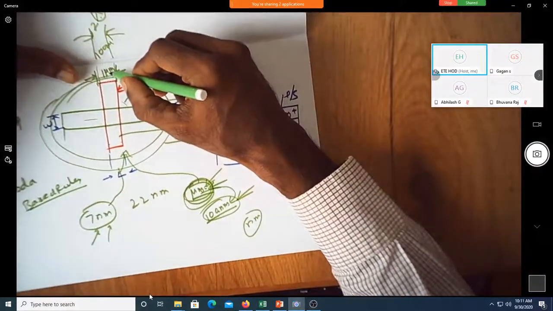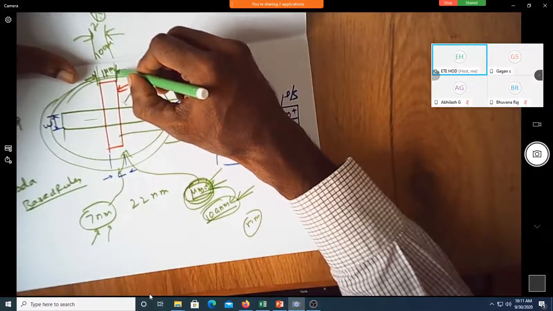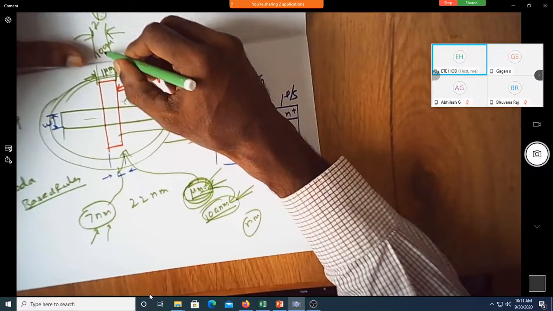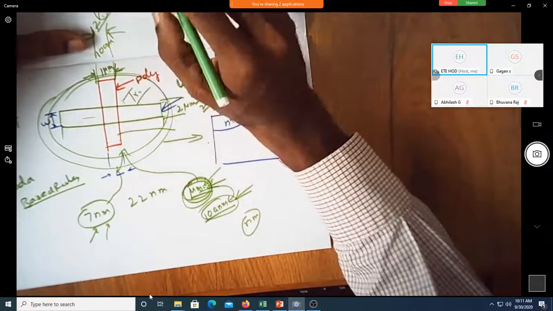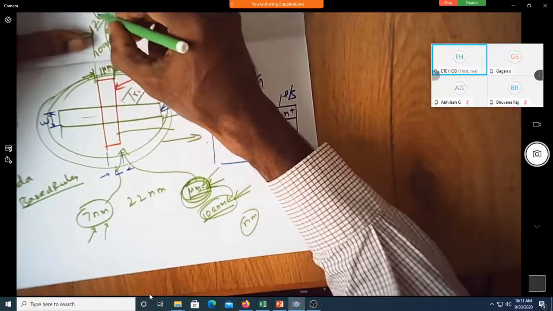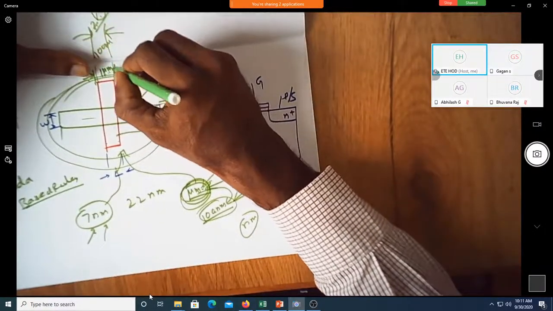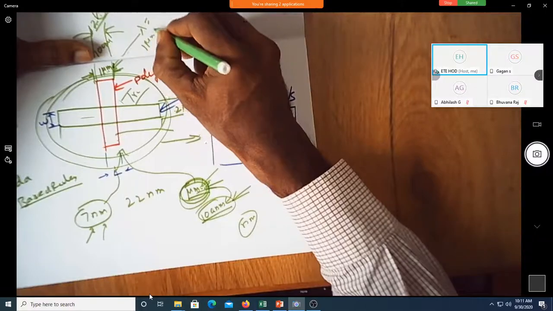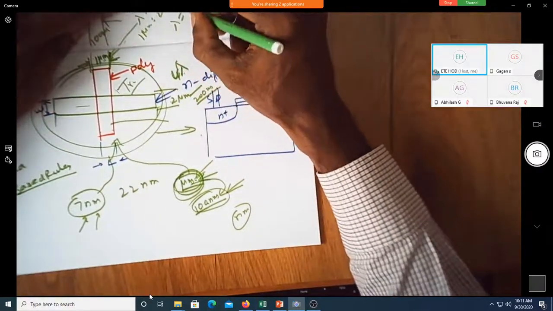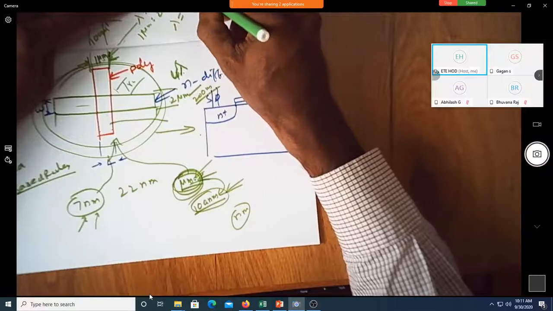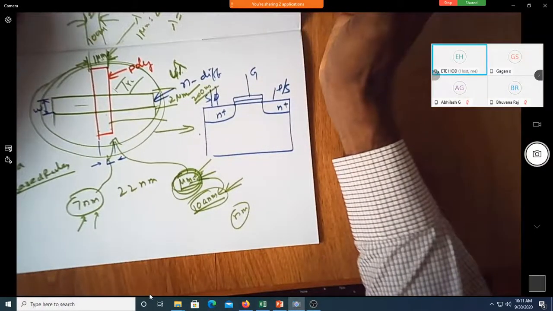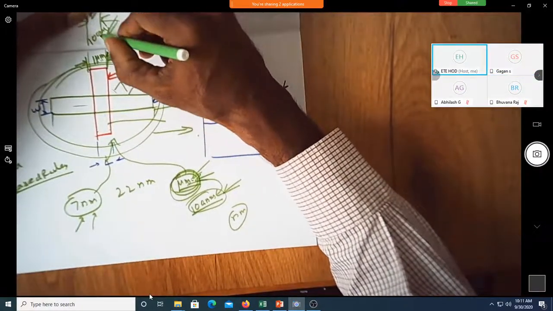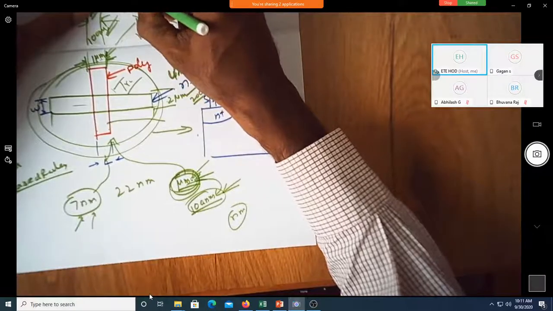See here, from 1 micrometer you are actually writing it as 100 nanometer. Instead of saying 1 micrometer and 100 nanometer, you simply say it as 2 lambda dimension. Even though the dimension has changed, since it is 2 lambda, what is lambda in this case? Suppose 1 micrometer is equal to 2 lambda, then lambda is equal to 0.5 micrometer, correct? In this case, what is the value of lambda? Suppose 2 lambda is 100 nanometer, then lambda is equal to 50 nanometer.